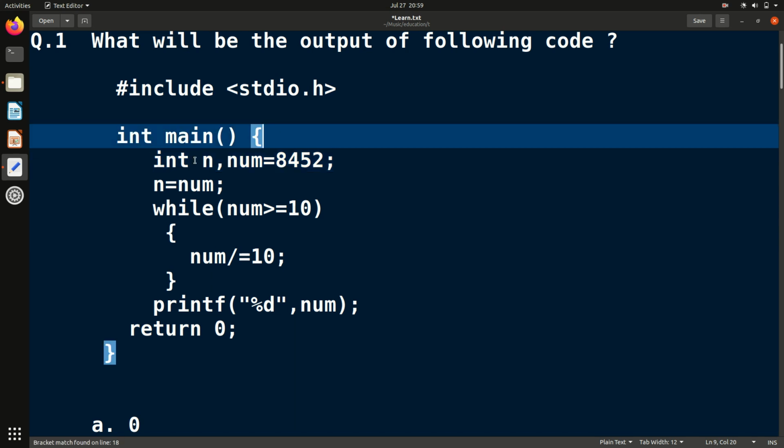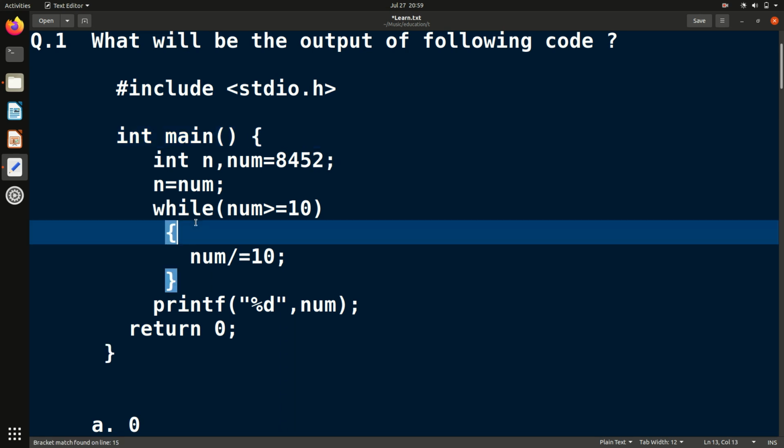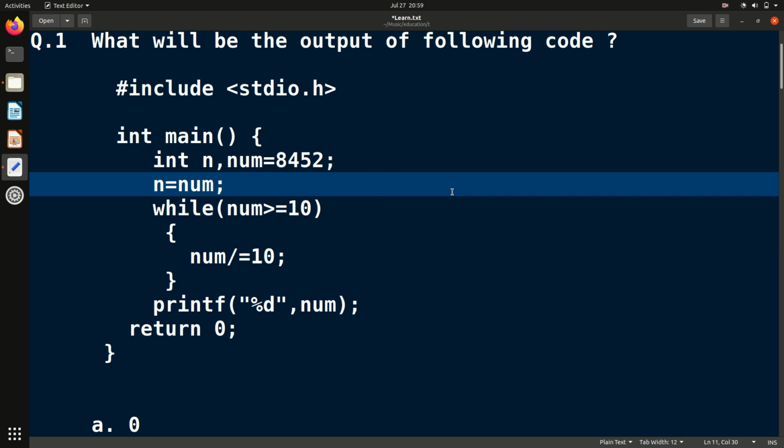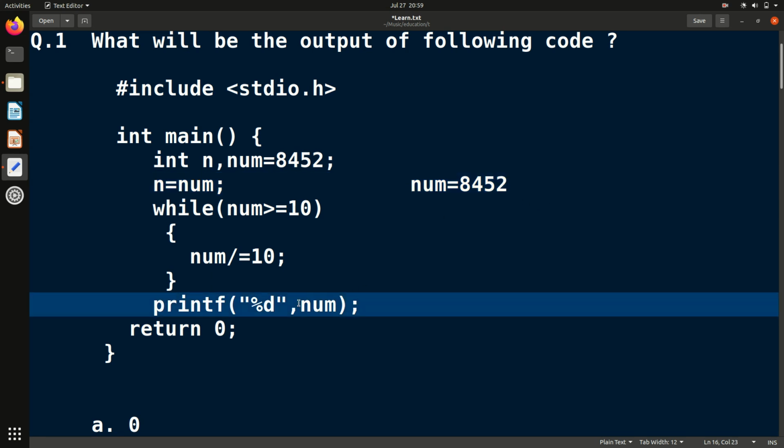Now we will start from here. There is integer n, there is num, and the value of num has been assigned to n. So the value of n becomes 8452. Now there is one while loop, and then we have to print the value of num. Keep one marker here like num equals what. This is a tracker, we will keep track of the value of num because we have to print num. So initially the value of num is